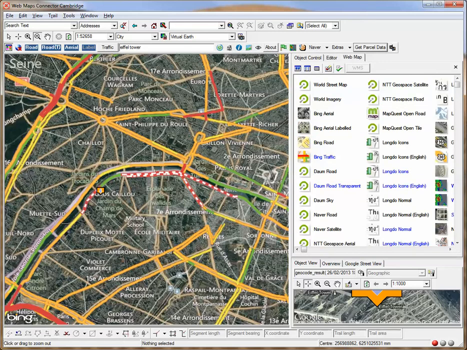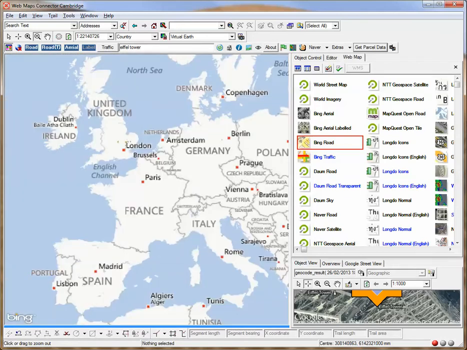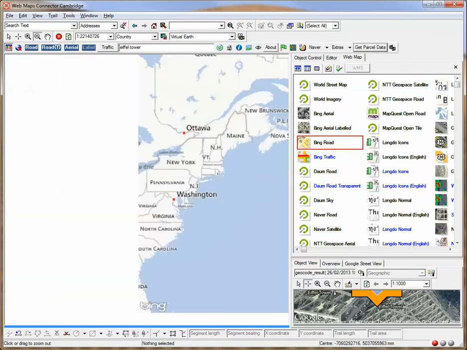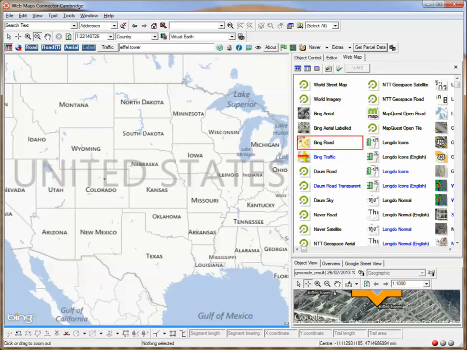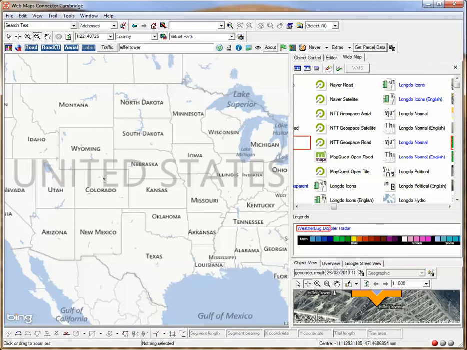All right, so why don't we zoom out a bit, and we'll go to North America. So remember, this is the Cambridge demonstration database, so all the asset data is in the UK, but we can get other data from other regions of the world. So what you see here is the Bing road imagery. Let's say we wanted to show weather events, so we can turn on the Doppler radar,